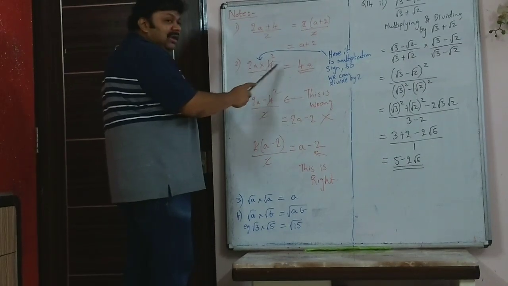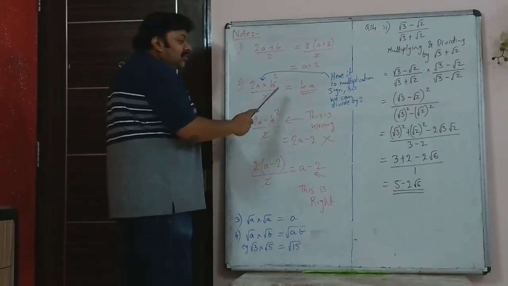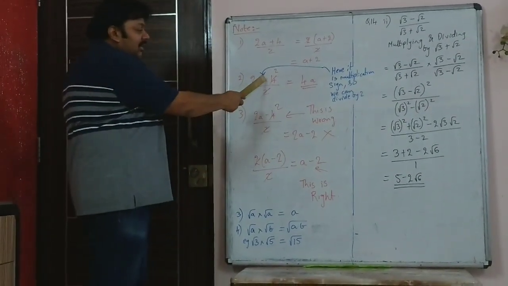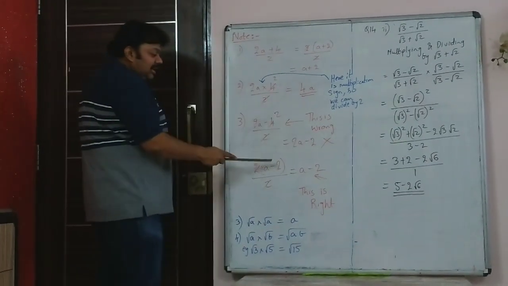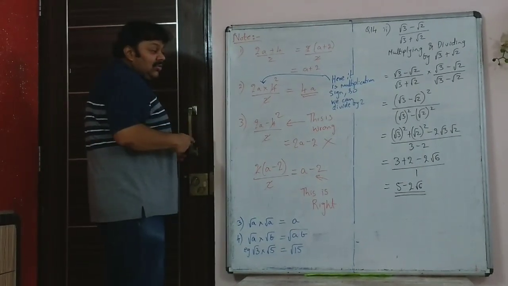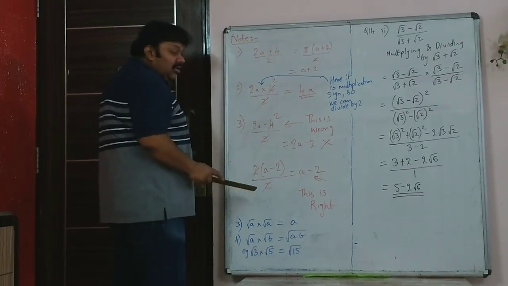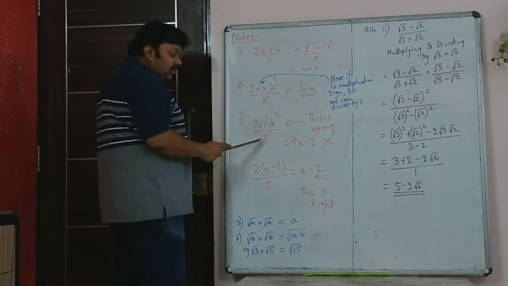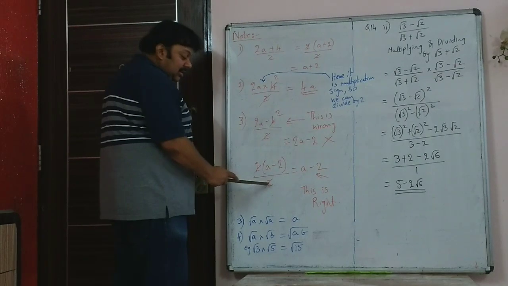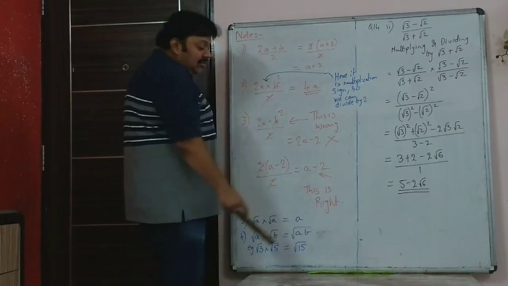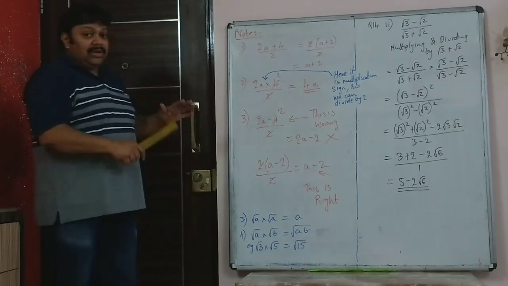Yes, was it a multiplication sign? That means you are multiplying the entire thing. It is 8a upon 2, that is 4a. So there if it is a multiplication sign, you can do the cancellation directly. But if it's a plus or minus sign in between, you have to take the common term out. Here if you write the answer is 2a minus 2, that is wrong. You can't cut the 2 and the 4. Because you have to first take common term 2 out, write it as a minus 2 and then divide 2 and 2. So you will get it as a minus 2. This is the right thing, this is wrong. So please understand that and don't make that mistake.